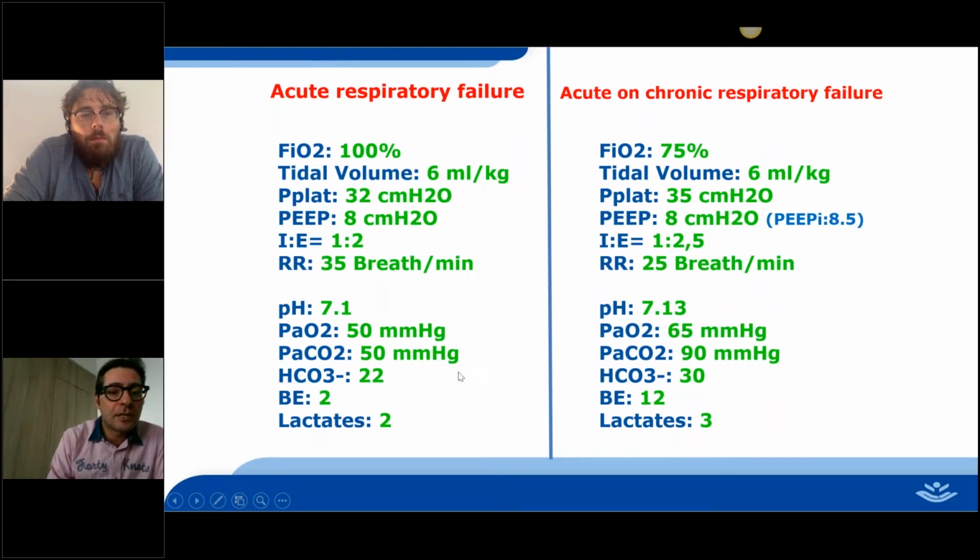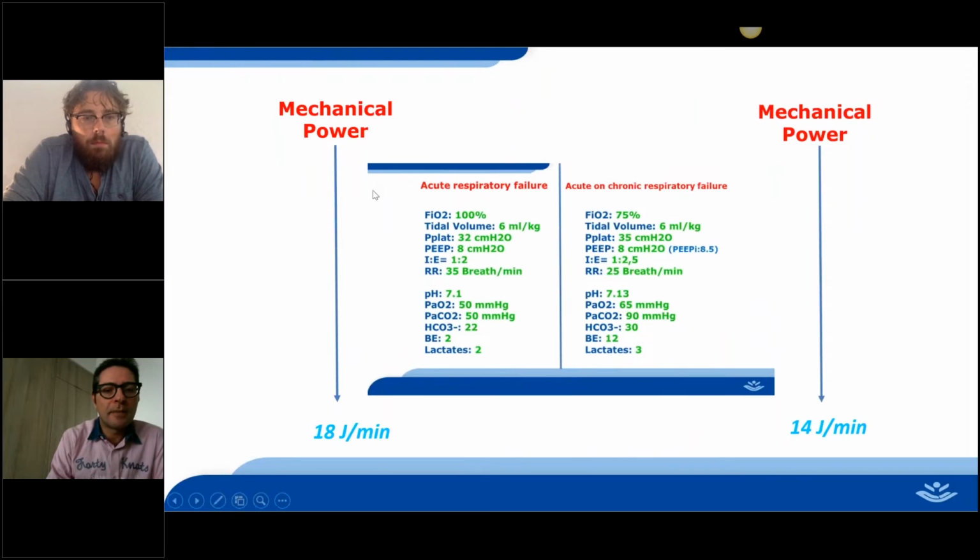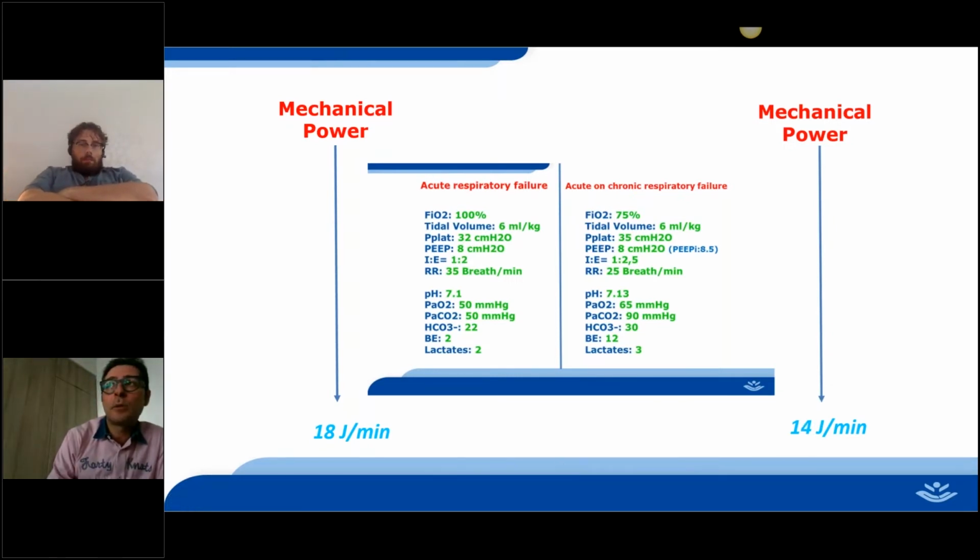Both of these patients actually can have not so good gas exchange, and let's imagine that we finish our opportunity to cure them. In both situations, we have a mechanical power, which is a surrogate of energy that we deliver to the lung, quite high. Here in the acute respiratory failure, 18 joules per minute, and here 14 joules per minute. So, apart from this number, a great part of us